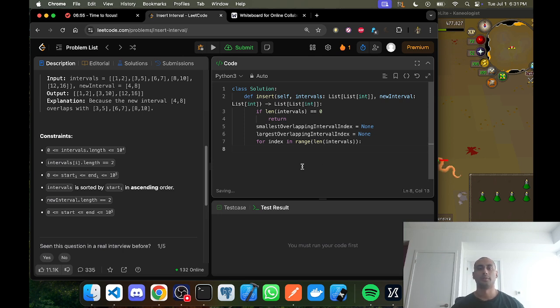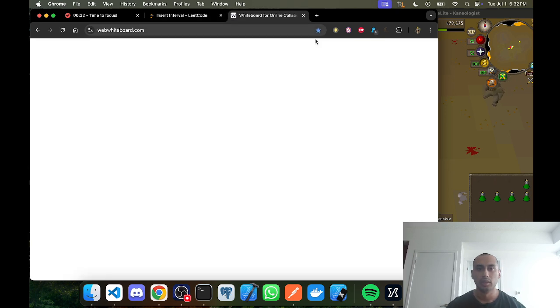So for each item index, if intervals. So now we're going through the list. What list item and then what list index in that item. So now we're going to list